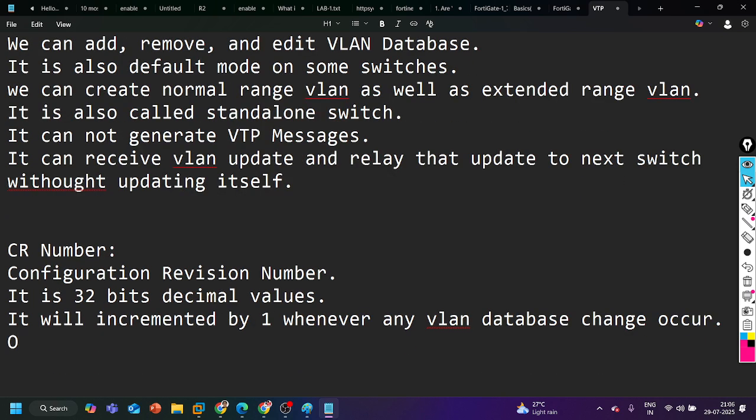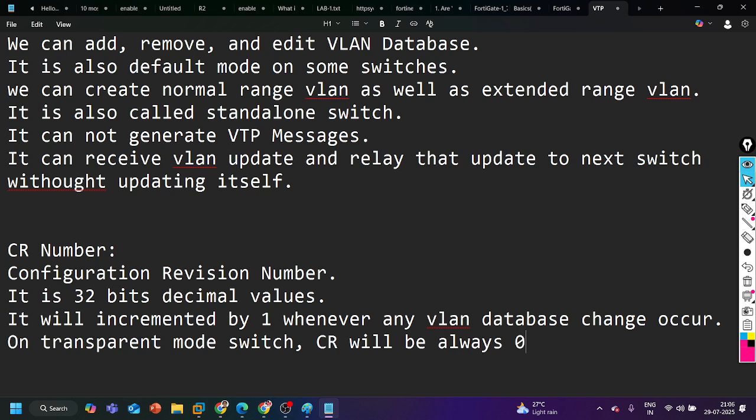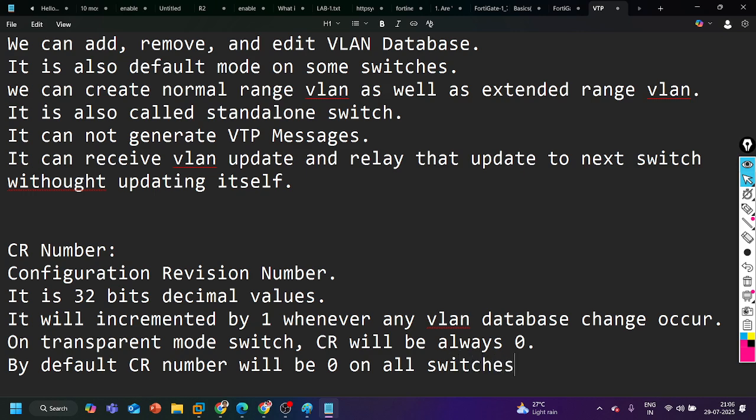On a transparent mode switch, the CR number will always be 0. By default, the CR number will be 0 on all switches. So, for an example,